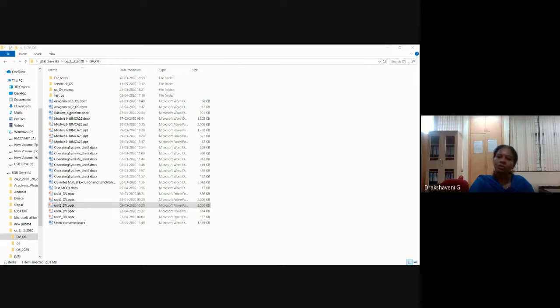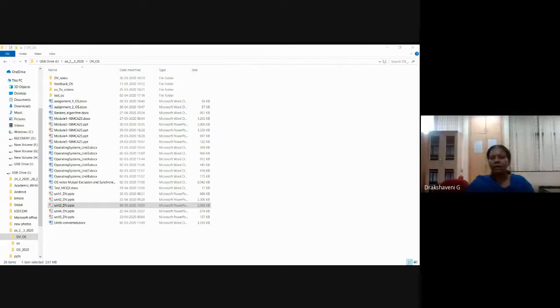And we have seen the logical versus physical address space. What is logical? The address generated by the CPU is called the logical address. And what is physical space? The address where the program is actually residing is called the physical address. So that's what a physical address and a logical address are.